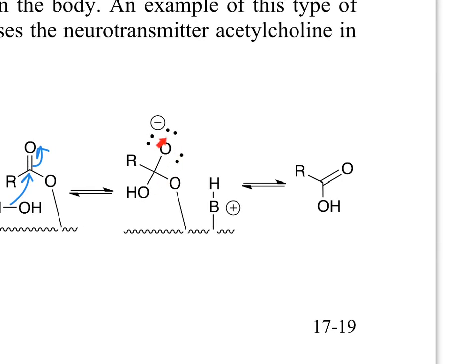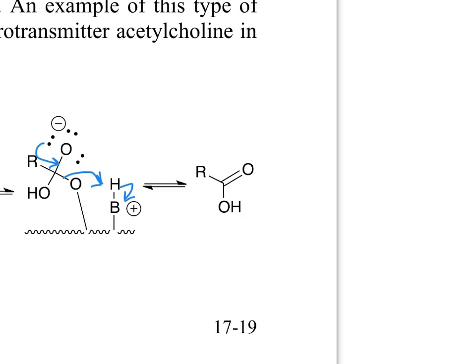yielding again a tetrahedral intermediate, which isn't going to stick around very long. It's going to collapse, and when it does, it kicks out the enzyme as the leaving group. And as it does, the oxygen that's part of the enzyme is going to pick up a hydrogen from a nearby acidic functional group to regenerate the enzyme and to yield our desired product here, a carboxylic acid from our